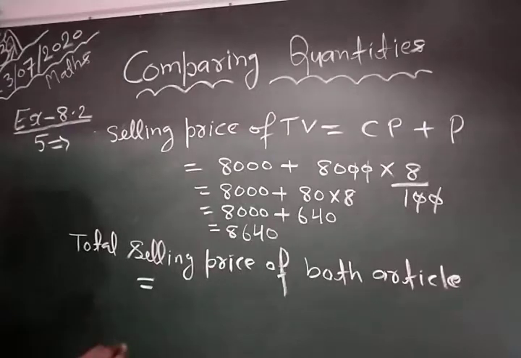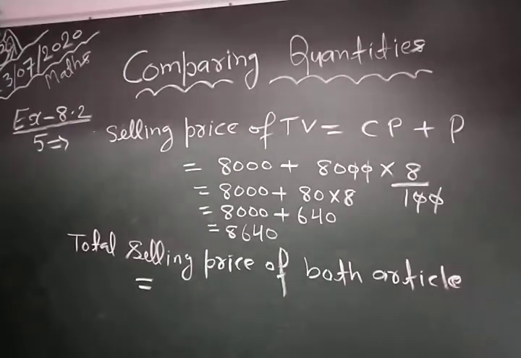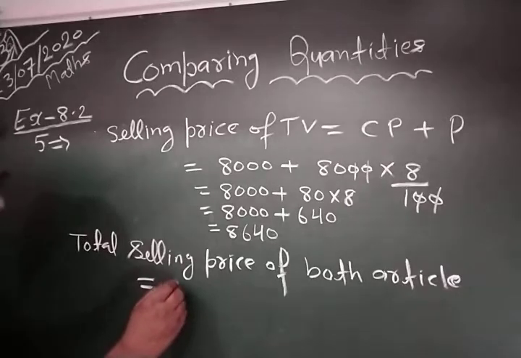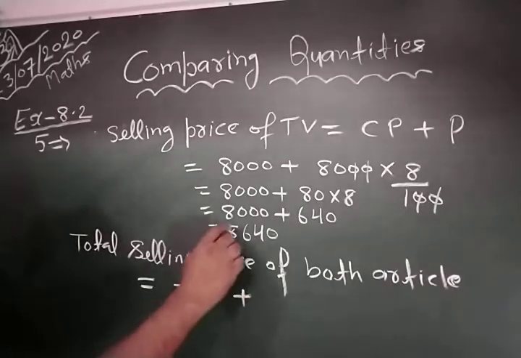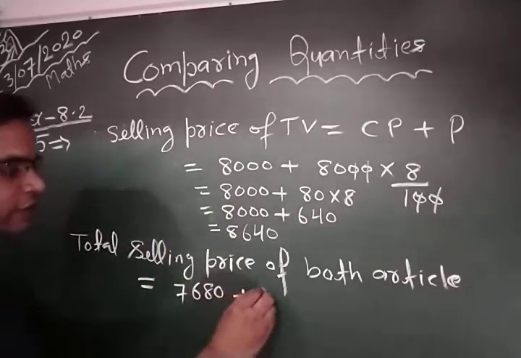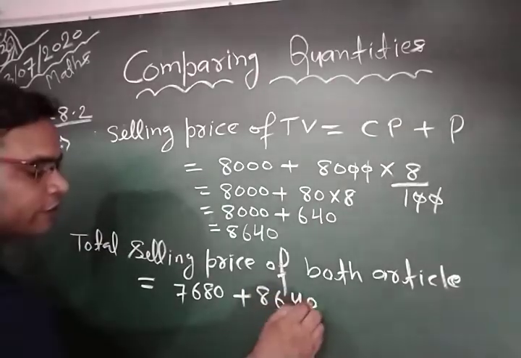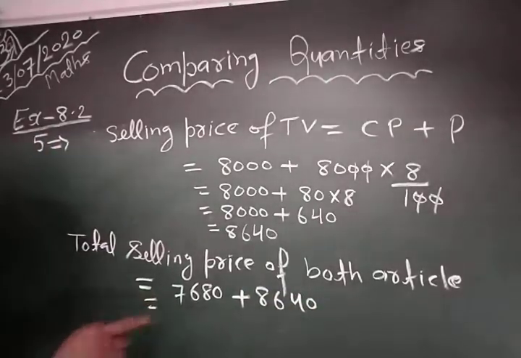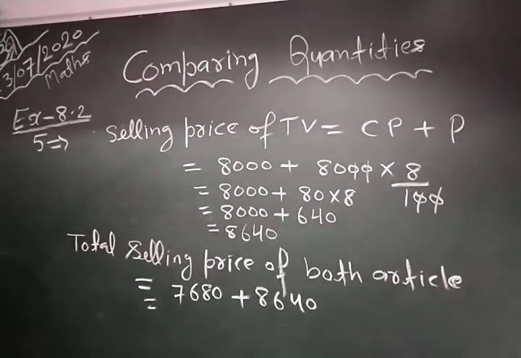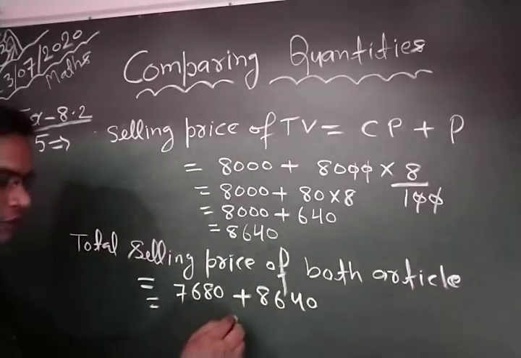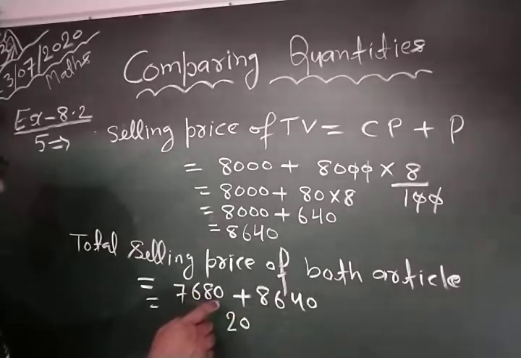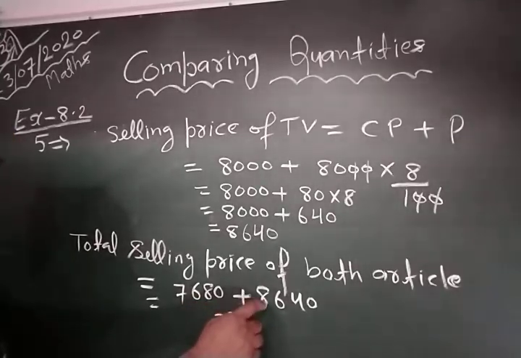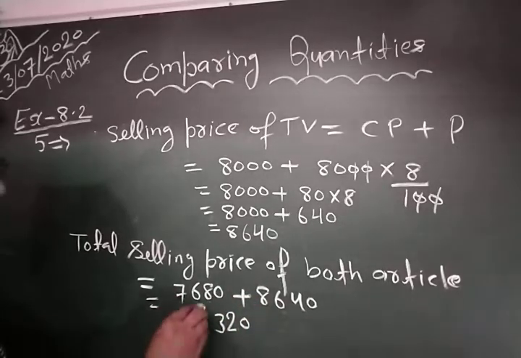This is equal to the selling price of the VCR, 7,680 rupees, and the selling price of the TV, 8,640 rupees. So 0 plus 0 is 0, 0 plus 0 is 0, 4 plus 8 is 12, carry 1. 8 plus 6 plus 6 is 20, 1 is 21,